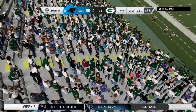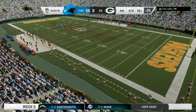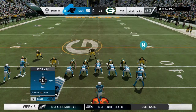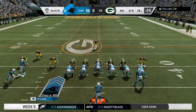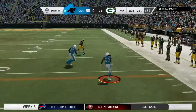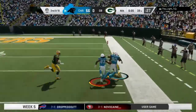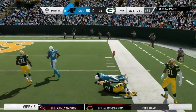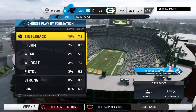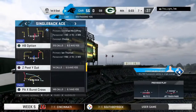Brings up 2nd and 10. So line of scrimmage still the 39 on 2nd and 10. He's got a 1st down and then some at midfield. And down to the 7-yard line. And a timeout comes in. The whistles blow with 3 seconds remaining. 1st and goal at